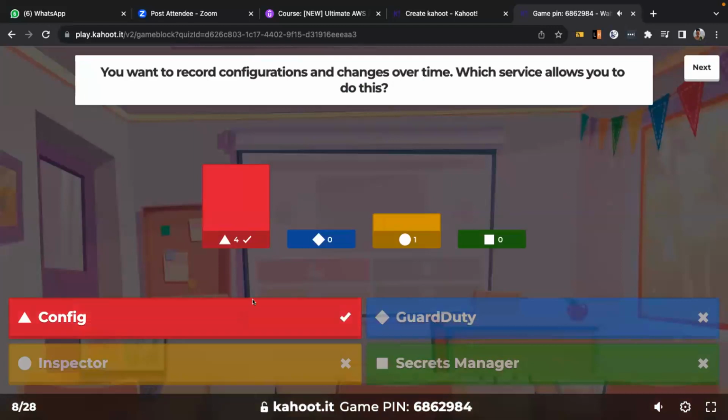I'm happy to see most people got it right. With AWS Config, you can record configuration and changes over time. If you have any configurations, you can record them there and track changes over time with AWS Config.